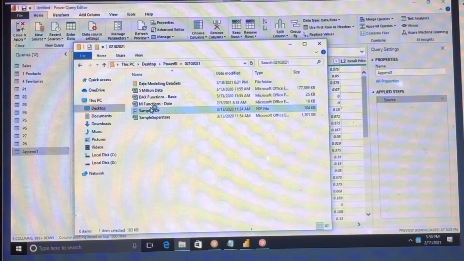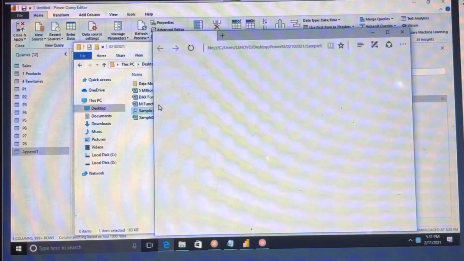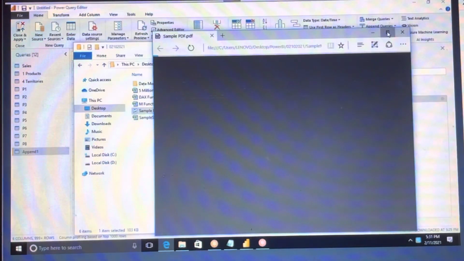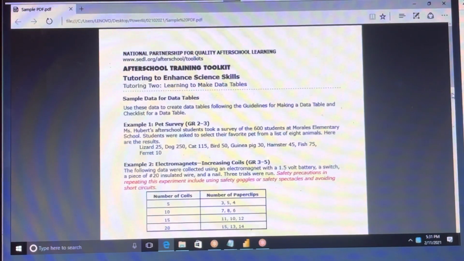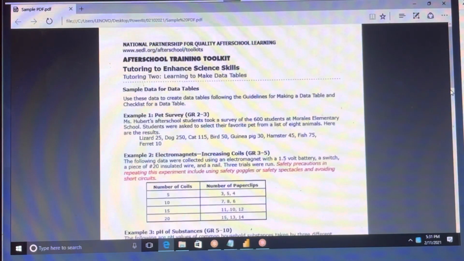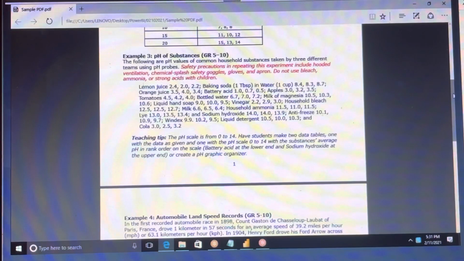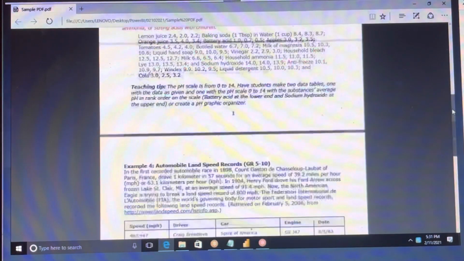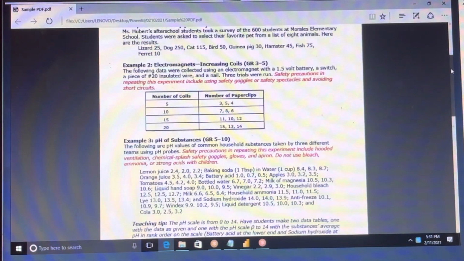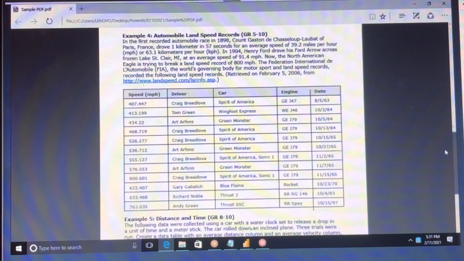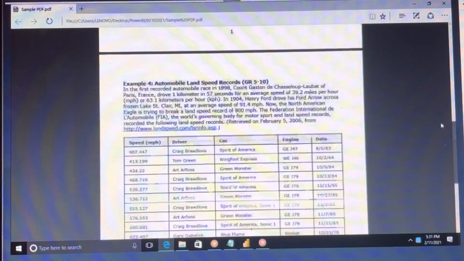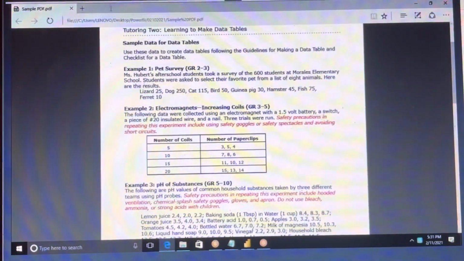For example, let me open this sample PDF file. See, we have different tables: number of coils, number of paper clips, speed and driver, car, engine, the date and all the stuff. We want to retrieve that information from the PDF.